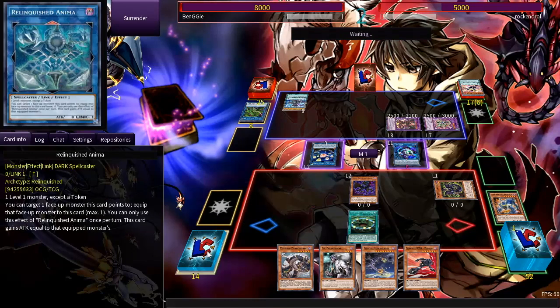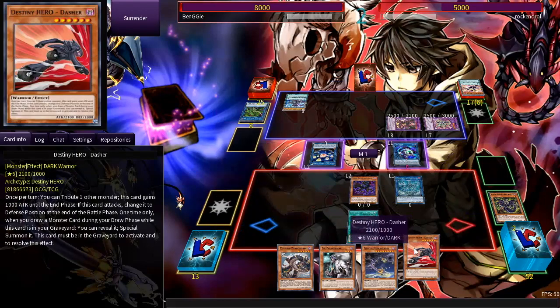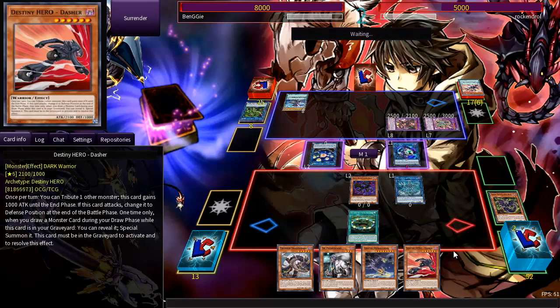Looks like I think we won now. I think if they let us go too far. Yeah, so we go for Anima now, maybe. Probably we should have gone for Anima in the first place. Well, I mean, we can't make the Linkuriboh then because of the arrows. Exactly. Yeah, but it would have baited the...